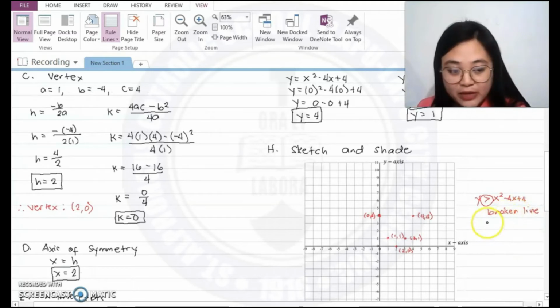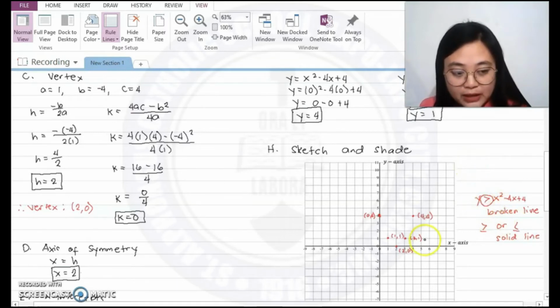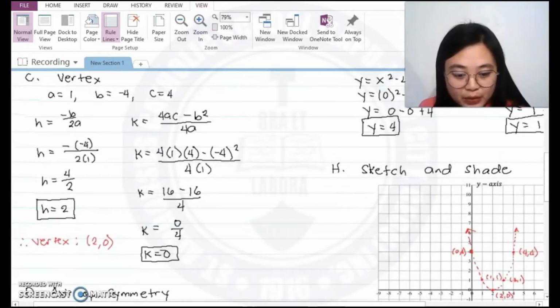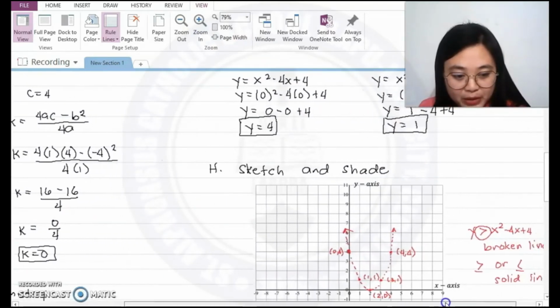But if the given is greater than or equal to or less than or equal to, then we're going to use the solid line. So since the given has no "or equal to," we're going to connect the points using a broken line. So connect using a broken line